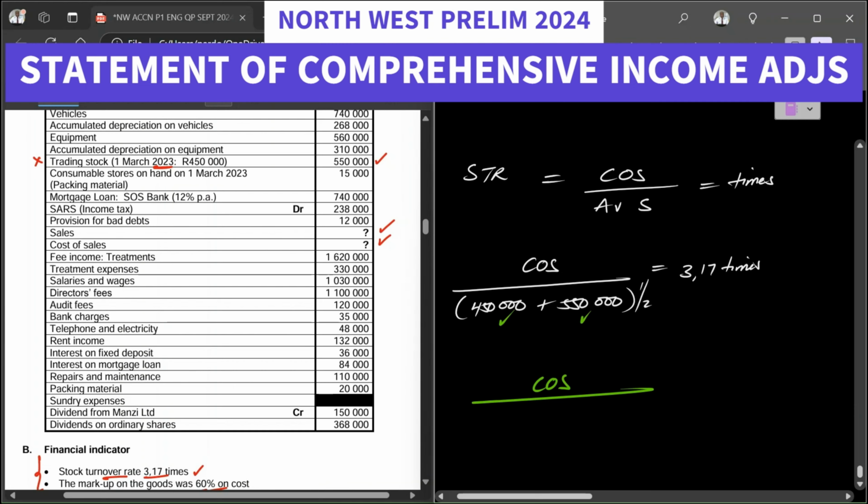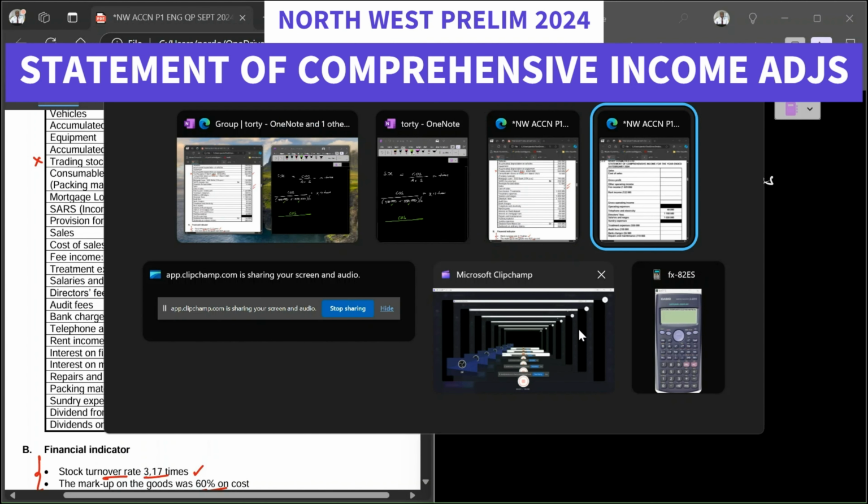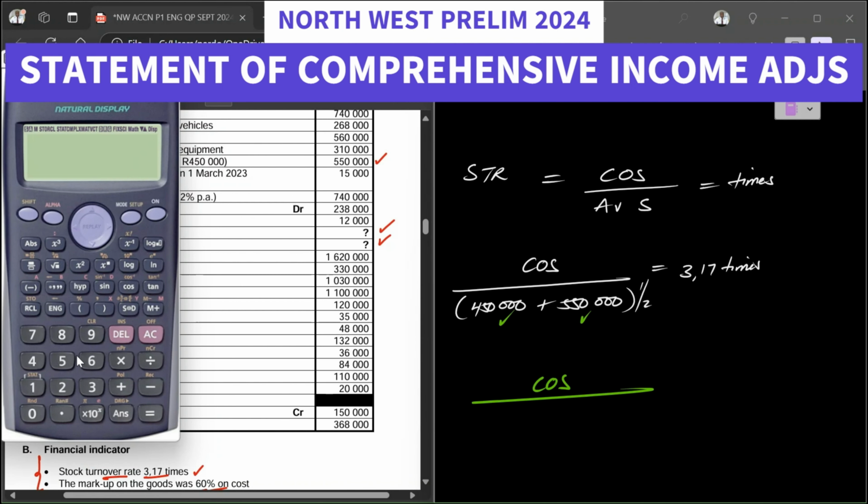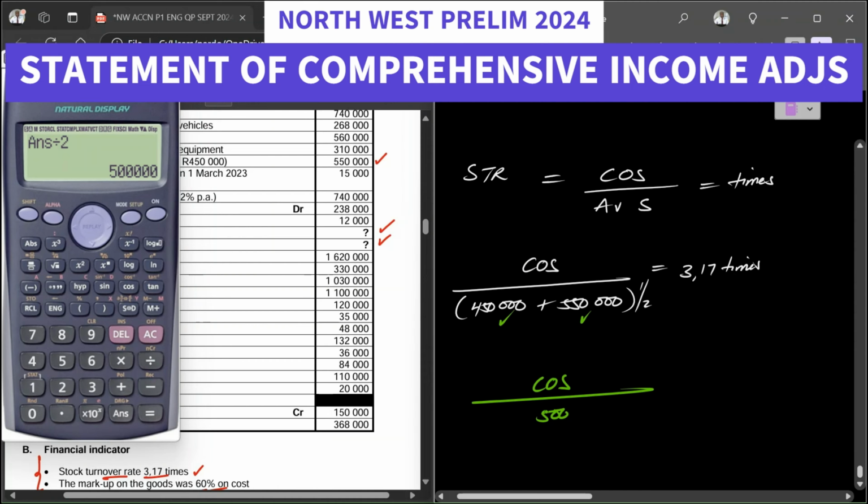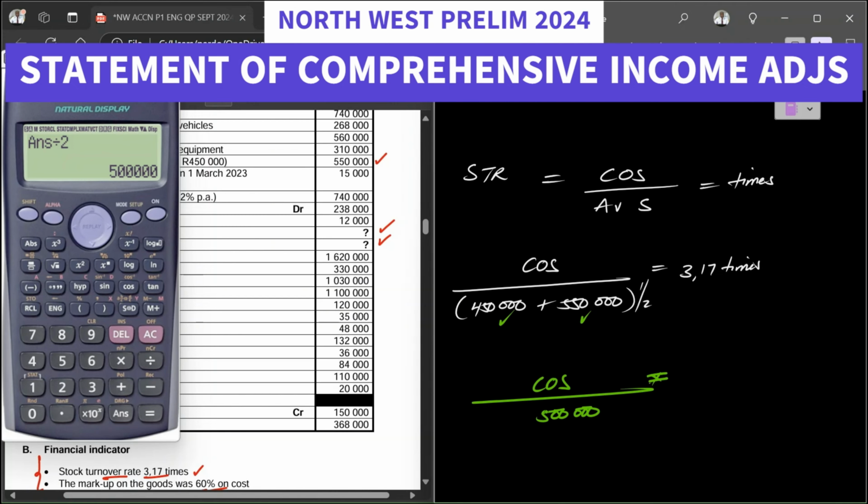So it therefore means I'll say my cost of sales over 450 plus 550. All right, let's just get a calculator so that we can see the figures nicely. So 450,000 plus 550,000 is going to give us 1 million. I divide that by 2, and that's going to give me 500,000. So it's going to be cost of sales over 500,000, then it is equal to